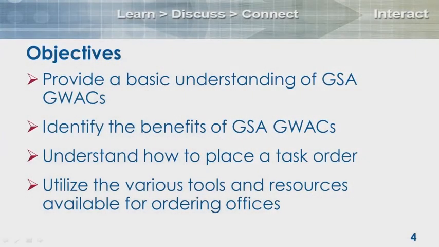My objective, guys, again, just a basic understanding of small business GWACs, and I'm going to use names such as the VETS GWAC, the 8A Stars 2 GWAC, and the Alliance Small Business GWAC. When I use these names, you guys heard the schedules program, Schedule 70, Schedule 36, Schedule 84. We just don't call them Schedule something. We gave them those actual names. So whenever I mention these names, these are contract vehicles, okay?